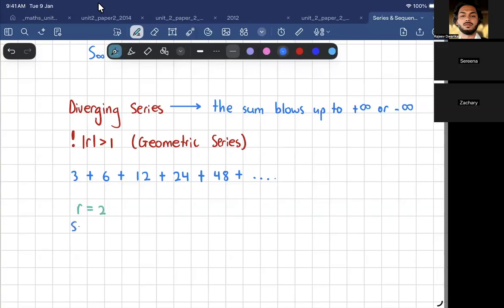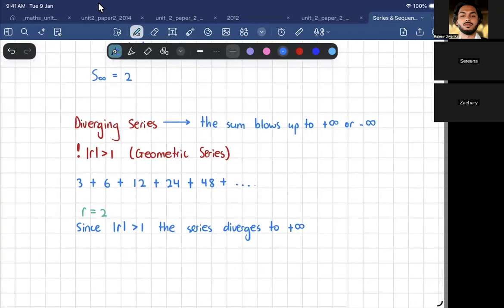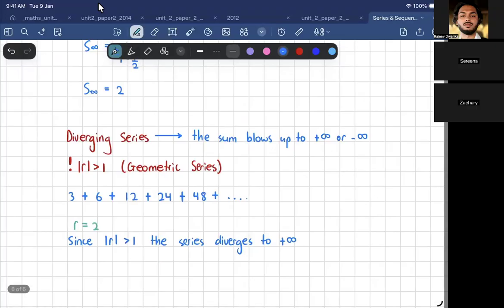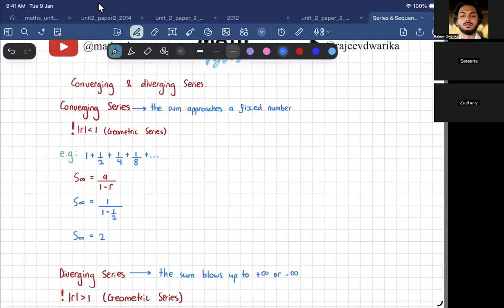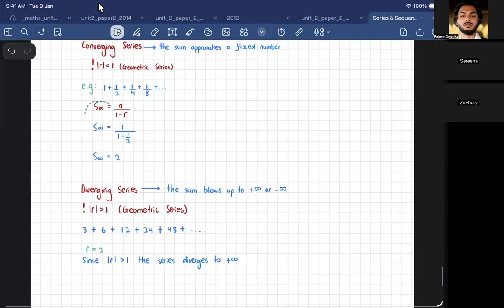So you would say, since R is more than 1, the series diverges. Everybody okay with that or not? So they might ask you to justify why it's a divergent series, and you would have to say since R is more than one, the series would diverge to positive infinity. Over here, for this question above,